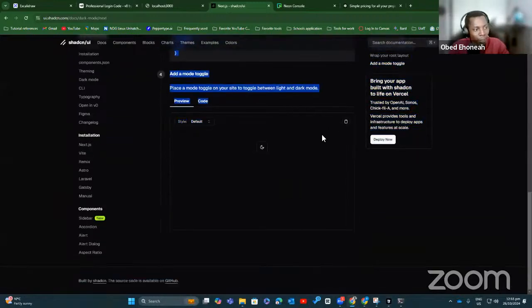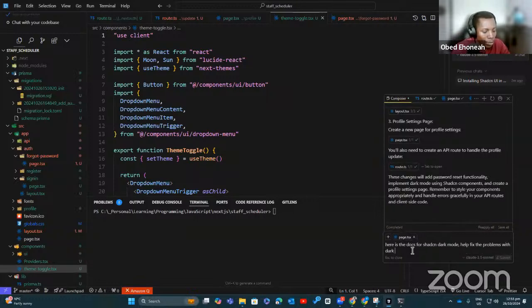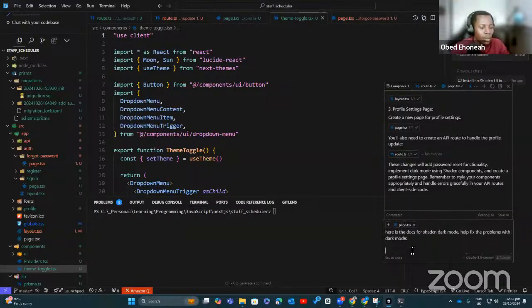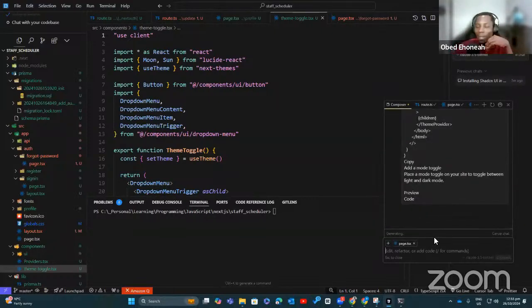If you are a lazy developer, copy the doc and say, here is the docs for shadcn dark mode. Help fix the problem with dark mode. And then you allow it to think through that.